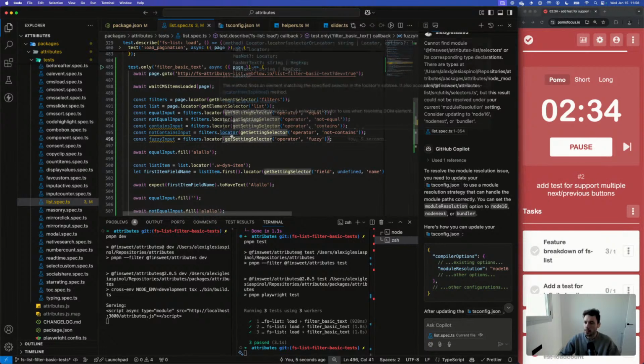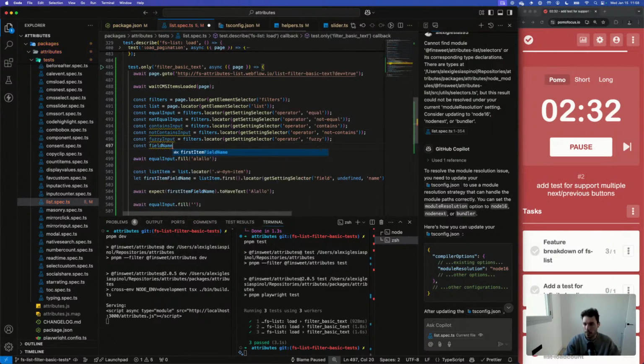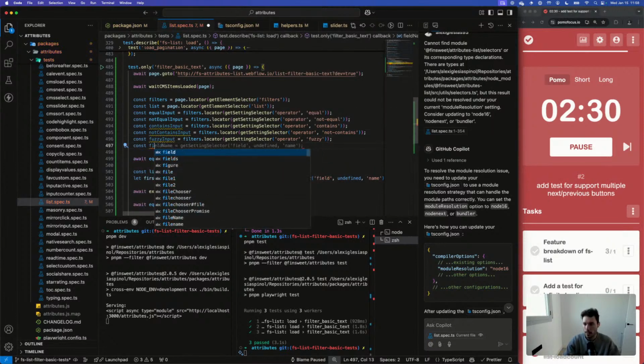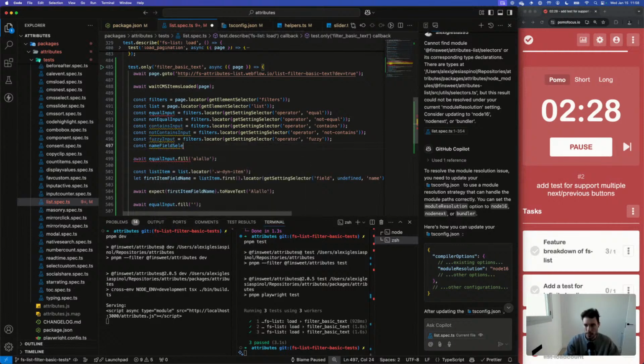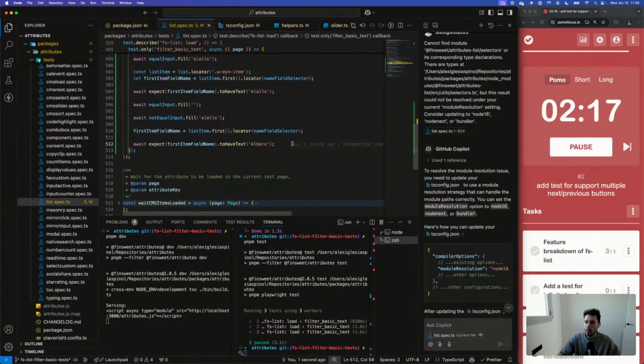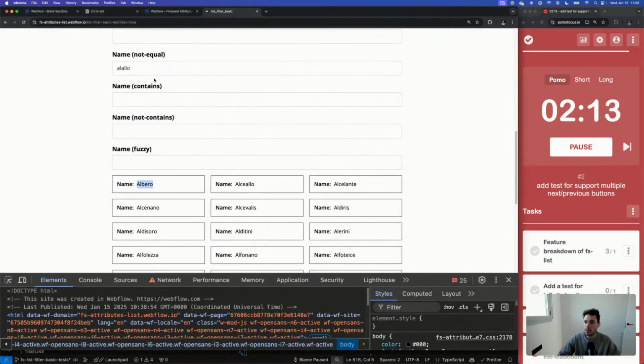Let's refactor this a bit. We can do field name, field selector. So we can replace this from here. Okay, then let's erase this. Then when we do contains,